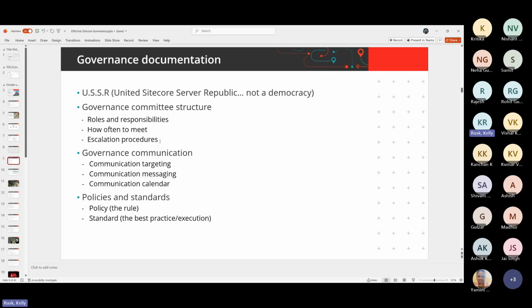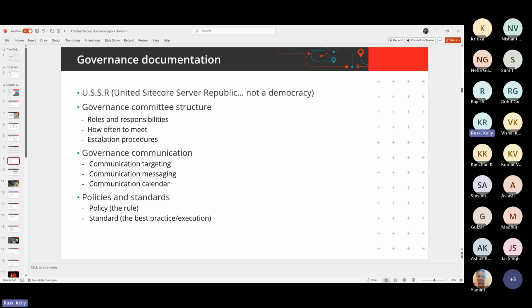Talk about your governance committee. It may be a good excuse to grab some lunch together as a team, but really it's there so that you connect, you talk about different themes in your areas that are concerning, and you discuss how to address them. It's the same way you meet every day in a scrum, except you formalize a time to be very specific and intentional about what you're doing with your Sitecore environment.